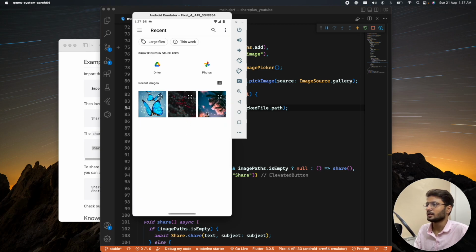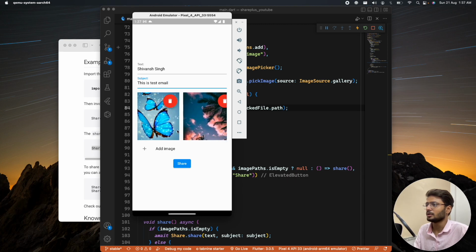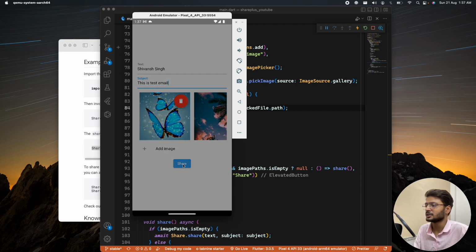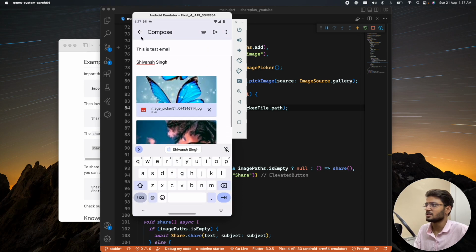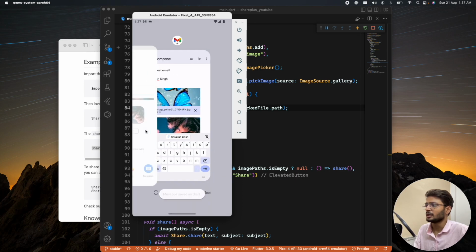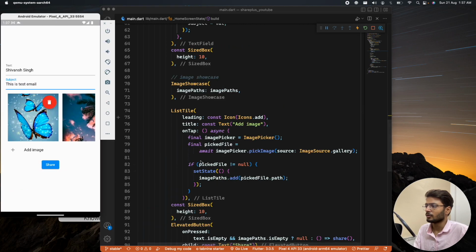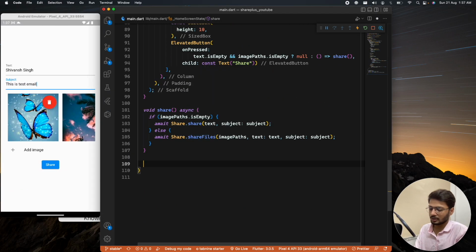I can add this, I can add this. This is an horizontal scroll view, and if I click on share, okay, so we can share those images also. But what if I want to delete these images? For that, what I think we have to do is we can create a function delete images. This will be void